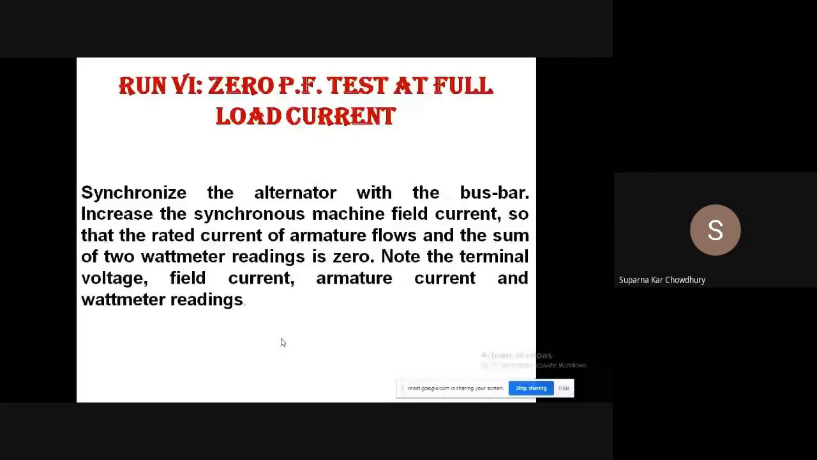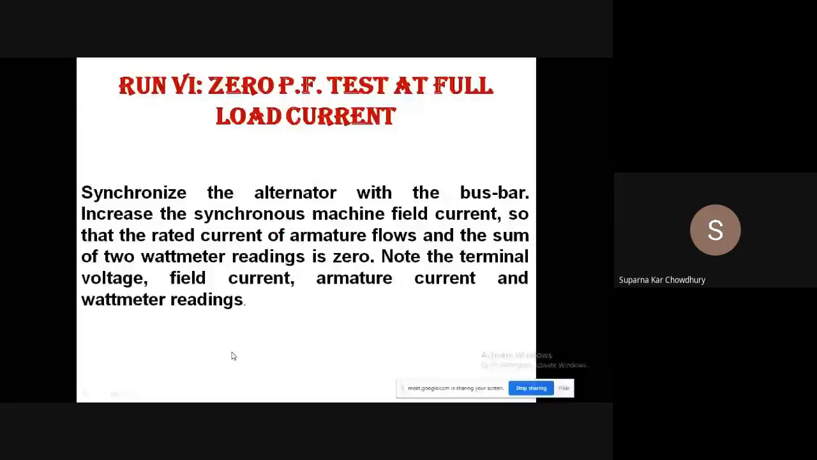Under this condition, the terminal voltage, field current, armature current, and wattmeter readings are noted. Now the plot between the terminal voltage and the field current gives us the zero power factor characteristic if we perform the zero power factor test for different field currents. Now it should be performed at constant current. So for every